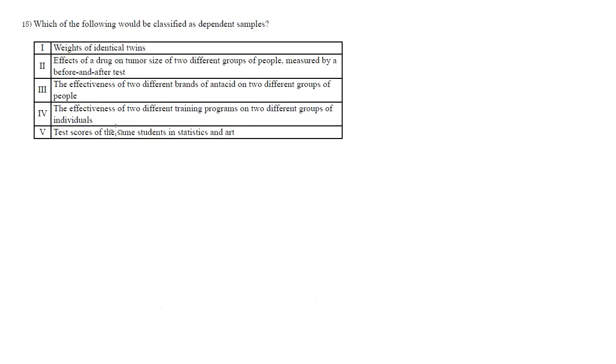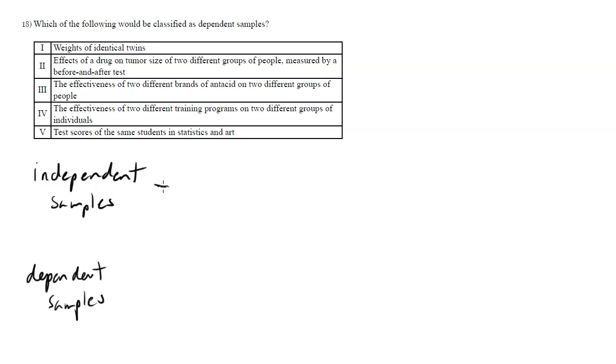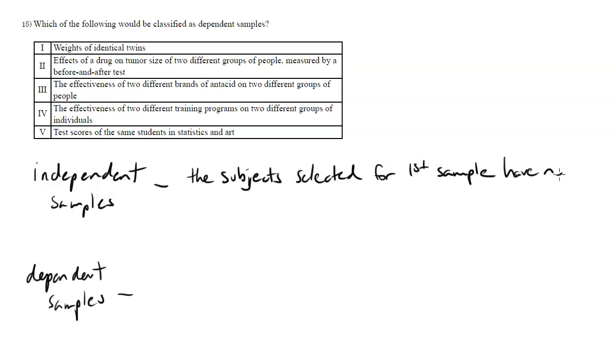Just one of them. Okay, question 18. Which of the following will be classified as dependent samples? So I think I need to define independent and dependent samples. Okay, so in independent samples, the subjects selected, we're talking about two samples here, right? The subjects selected for the first sample have no effect